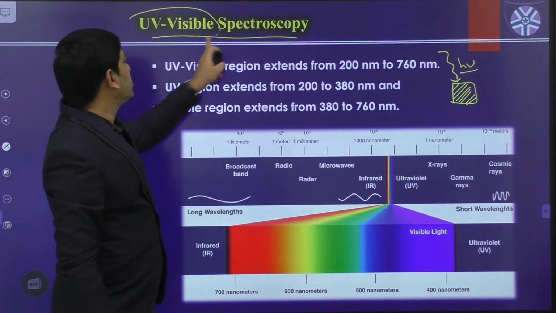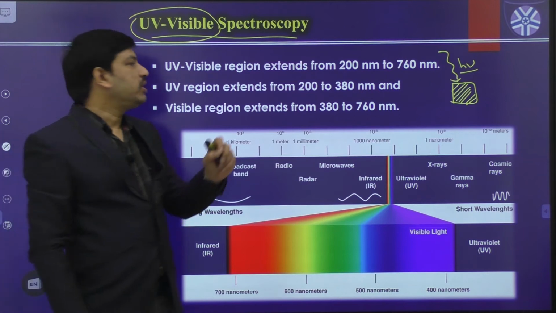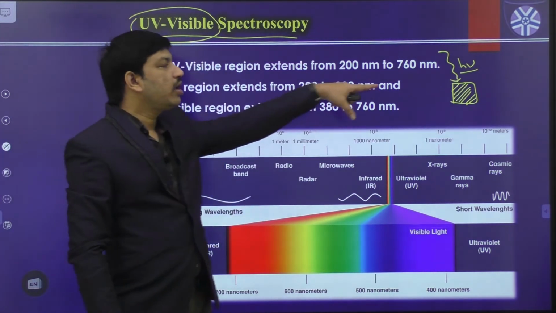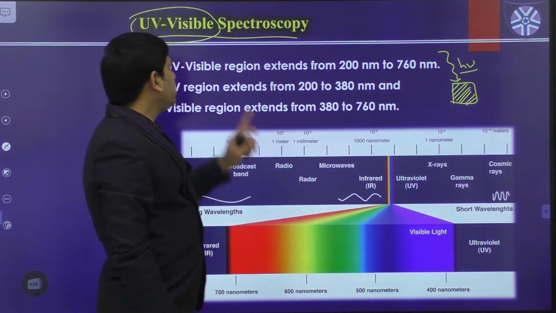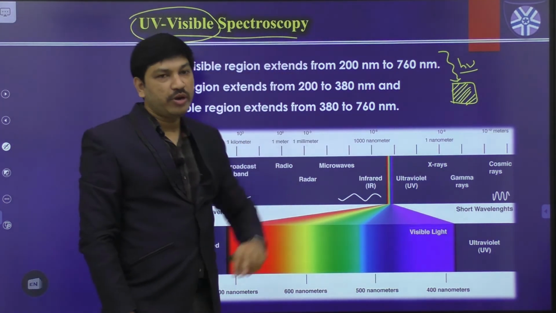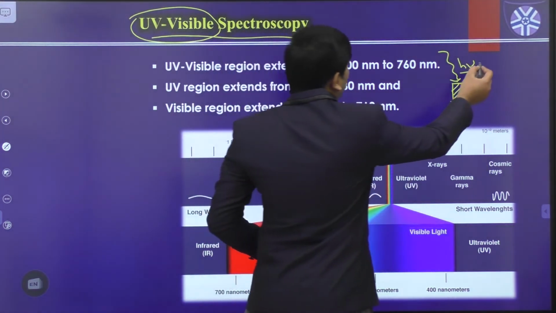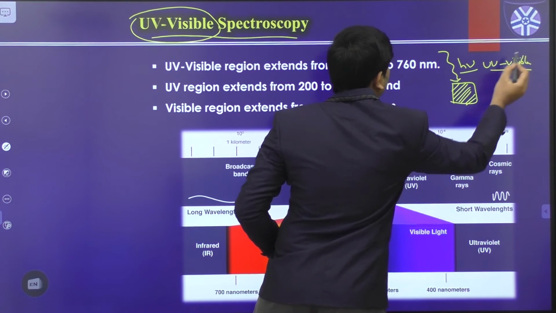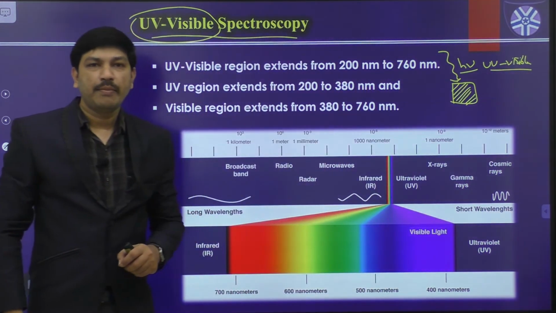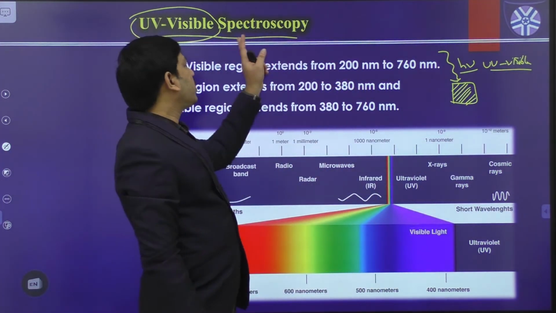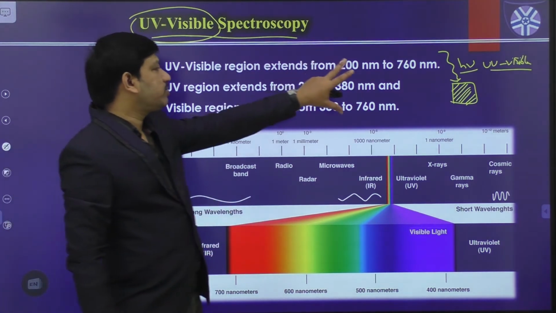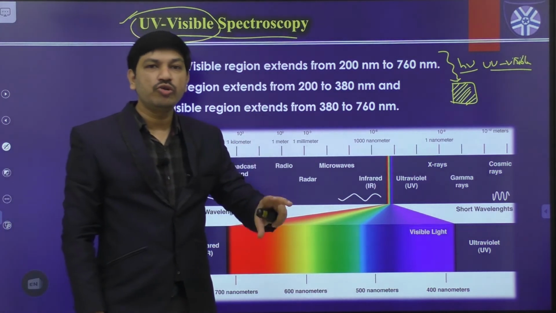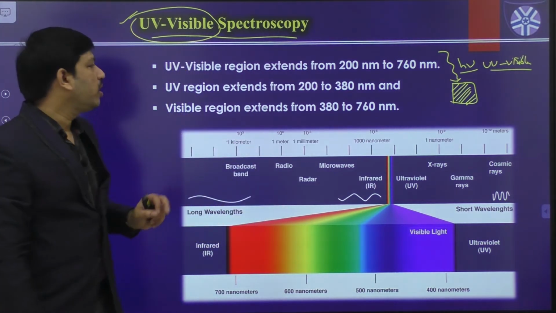In this case, basically we are using UV, meaning ultraviolet radiation, or visible radiation towards the unknown compound. So that is the reason this is called one of the spectroscopic techniques, because in this case UV or visible light interacts with the matter. And in this particular technique, what is the source of radiation we are using? Basically UV visible, ultraviolet and visible radiation.